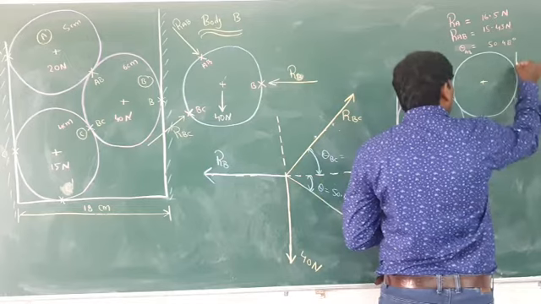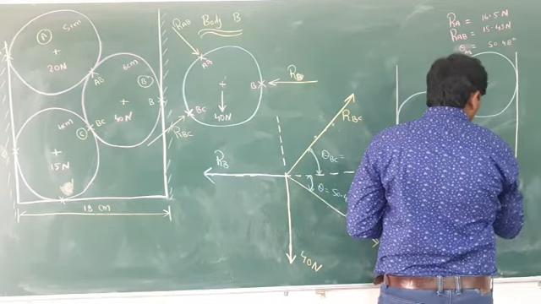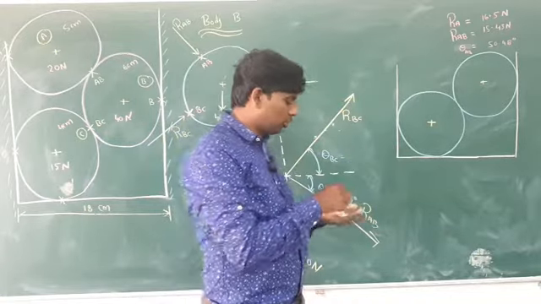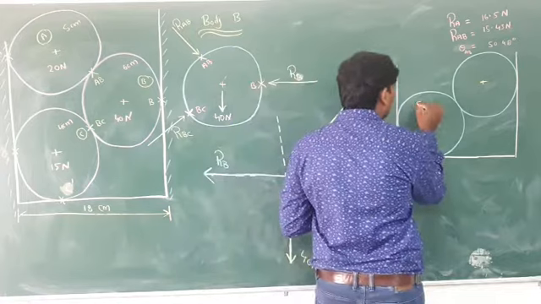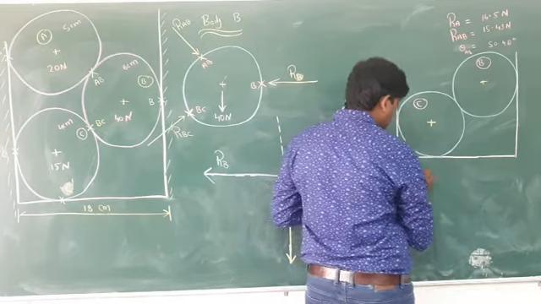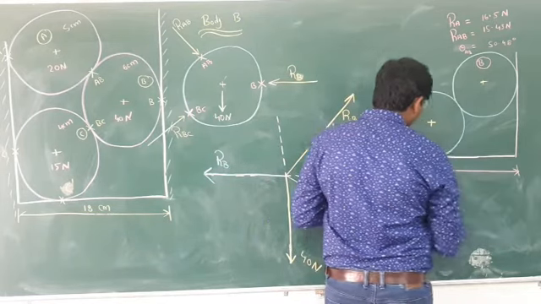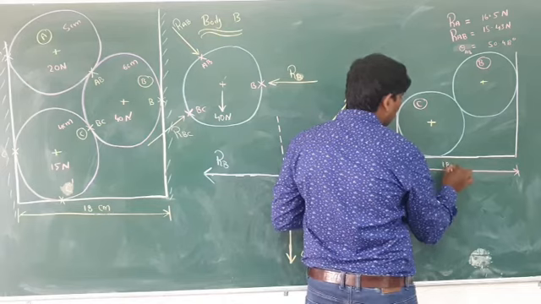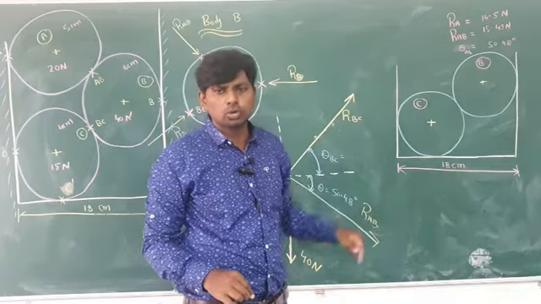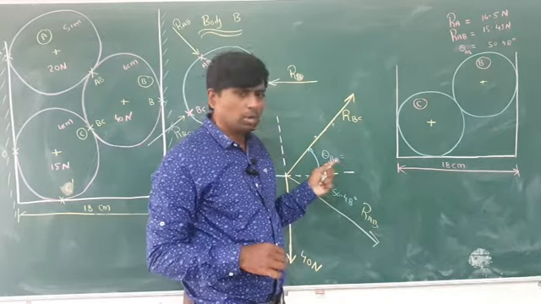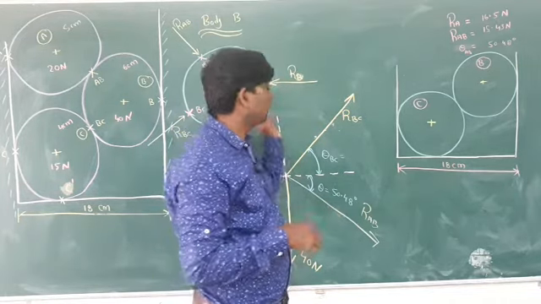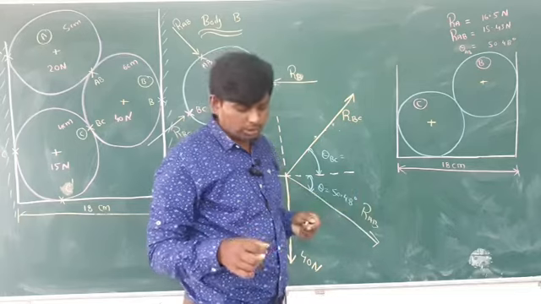Then this line and this line. So this one you can take as sphere C, and this one you can take as sphere B. From here to here, how much you have to take between the centers? 18 centimeter. This is given in your question only. If anything is not given, by default you can take 15 or 16, by seeing the capacity of the spheres.